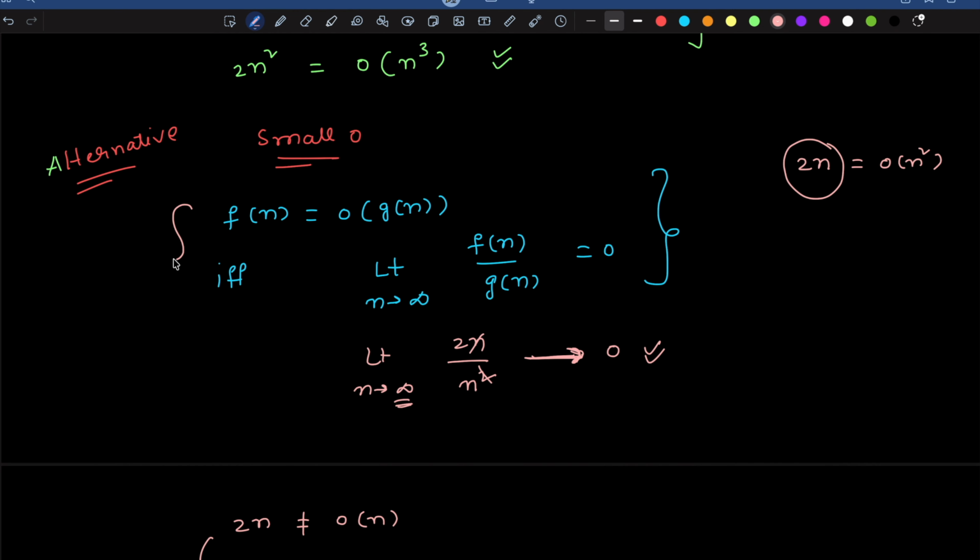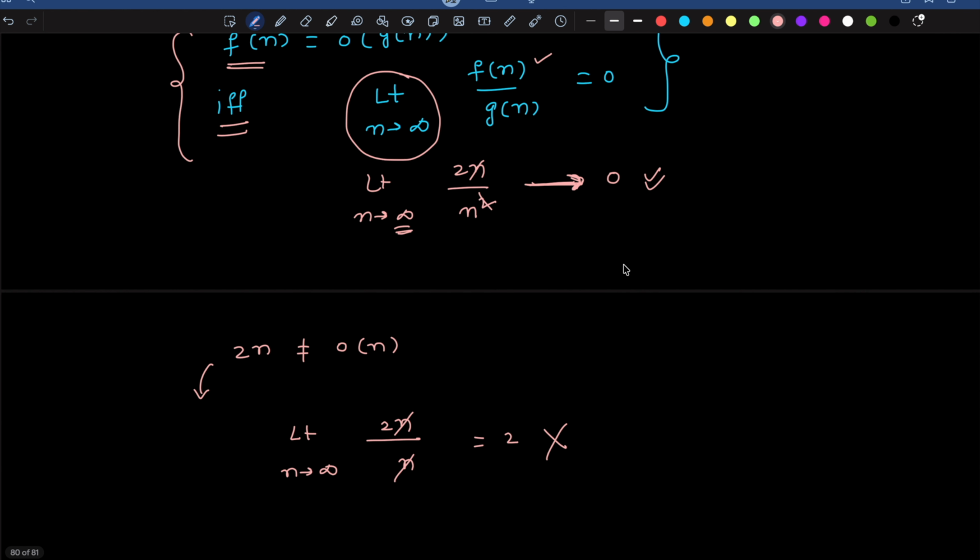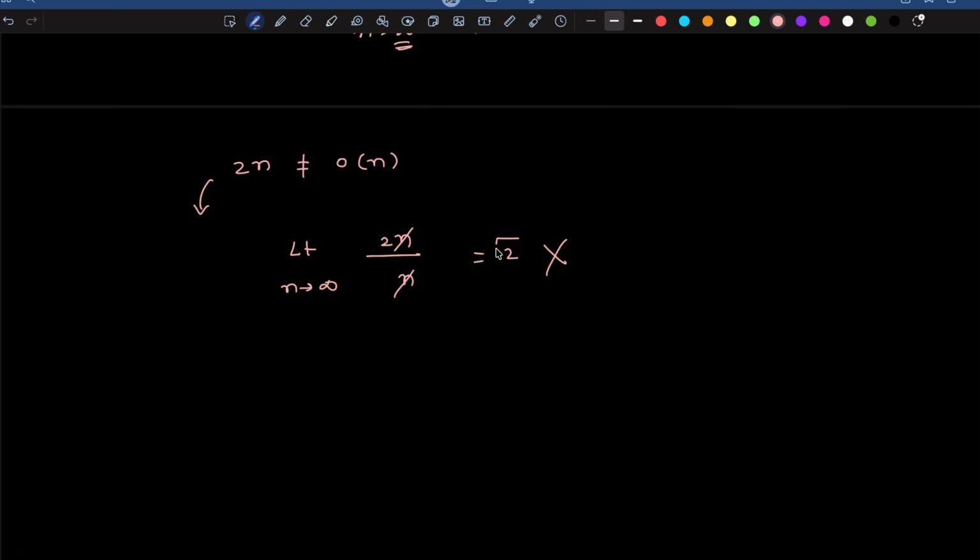So what is the definition of small o by using the limits? We can say that f of n is equal to small o of g of n if and only if limit n tends to infinity, f of n by g of n tends towards 0. But in this case, you got a constant value which is equal to 2. That's why we can say that 2n is not equal to small o of n. So this is the limit based definition, and this is often simpler and more intuitive than